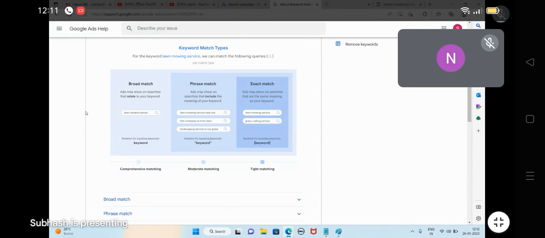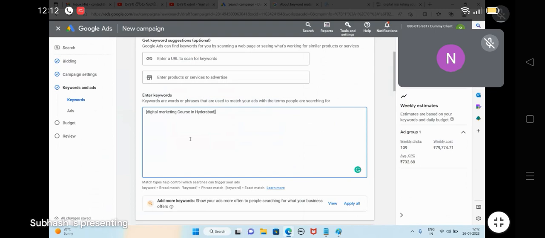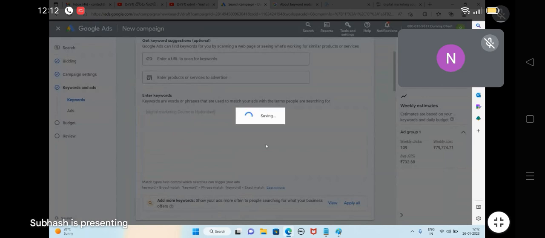Sir, where to add negative keywords? Yeah. So you will be adding keywords over here. This is one process. And when it comes to negative keywords,